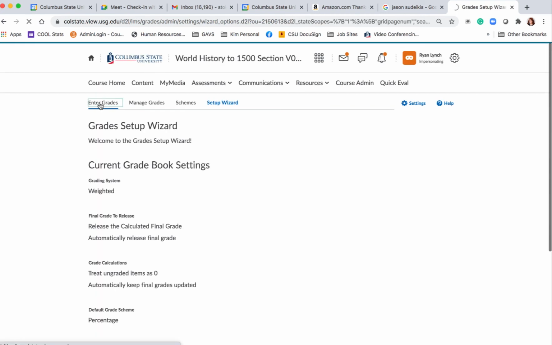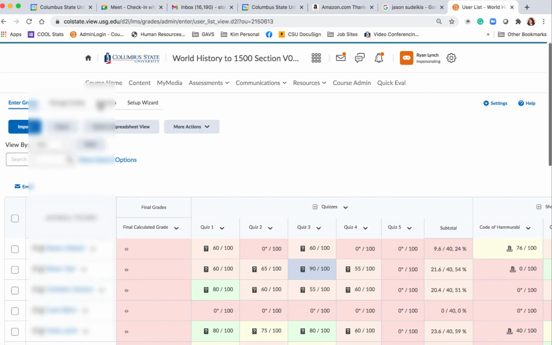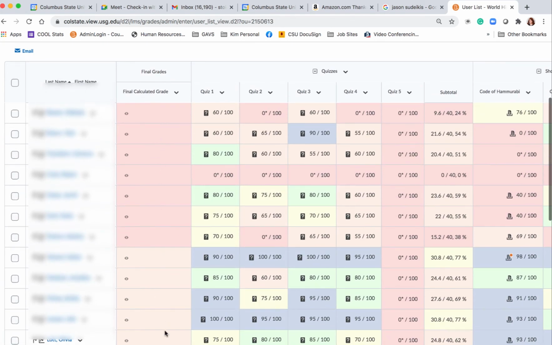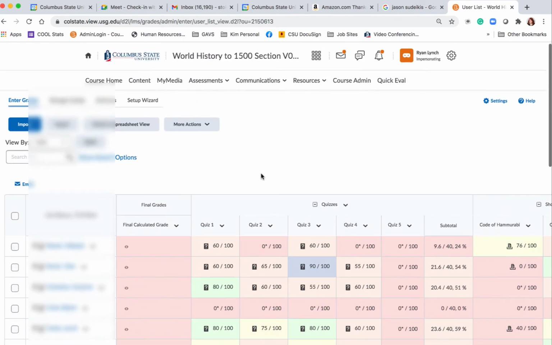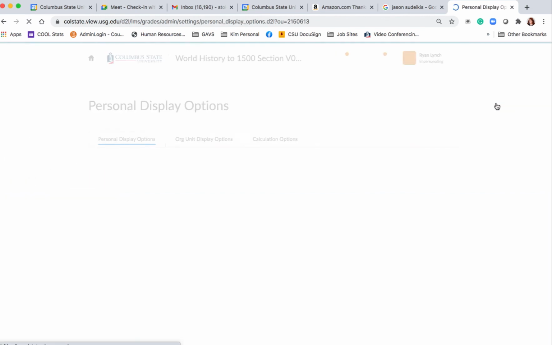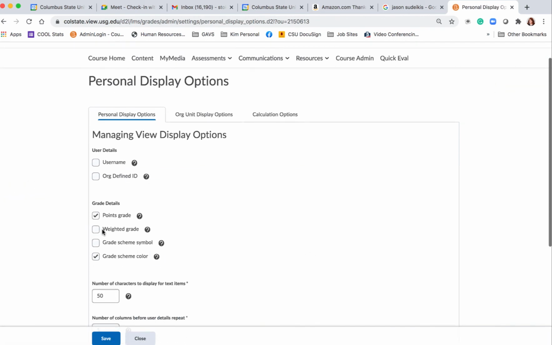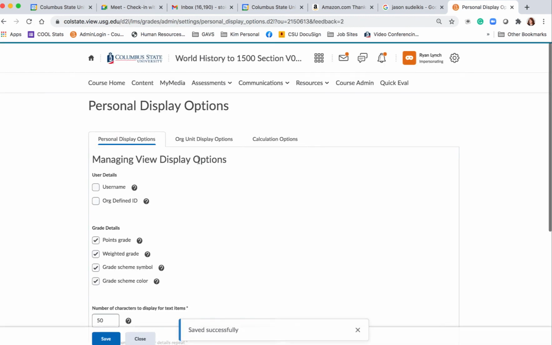The last thing I wanted to show you about your grade book, I noticed that, as you can see, you don't see any calculated grades here. This is what you're seeing on your grade book. If I come right up here to settings and I make these 2 check marks right here, notice this is personal display options. This means what you see in the grade book, not what the students see. So if I make these 2 check marks and click save,